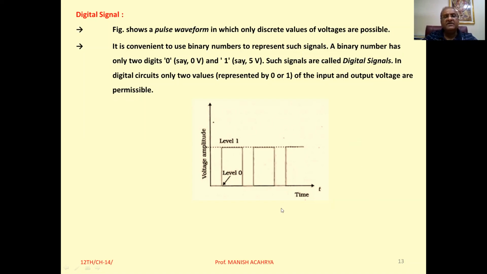So here see the waveform for digital signal is represented. It will attain either the maximum value or the minimum value. Clear? In between these two, any value will not be possessed by it. So these types of signals are called digital signals. Clear to all of you? Now see,